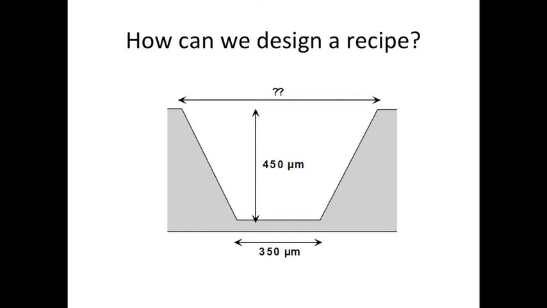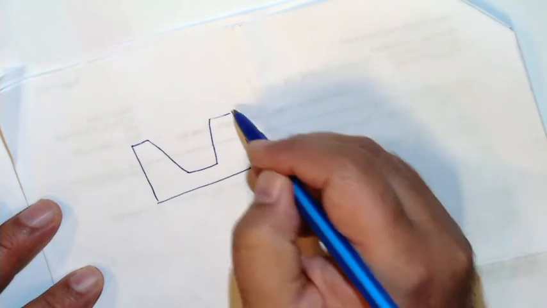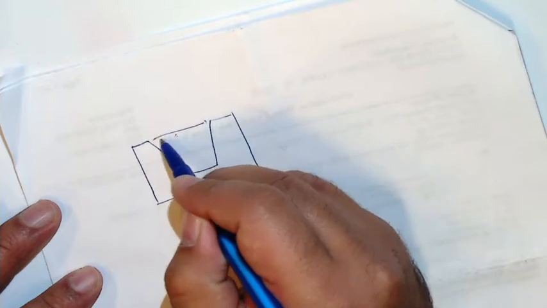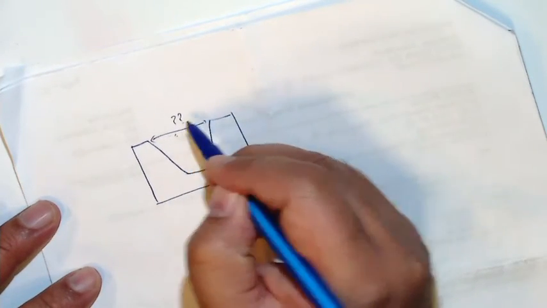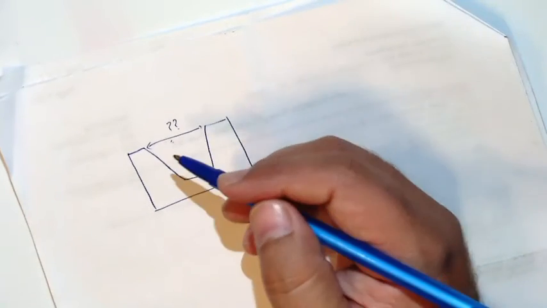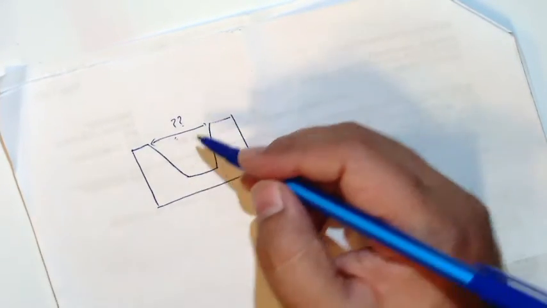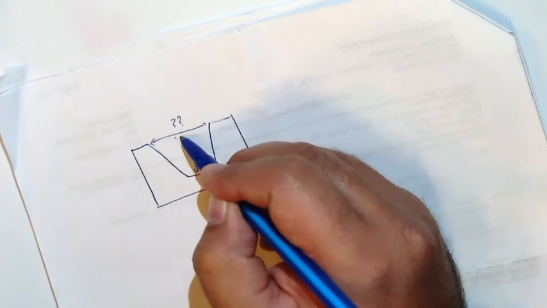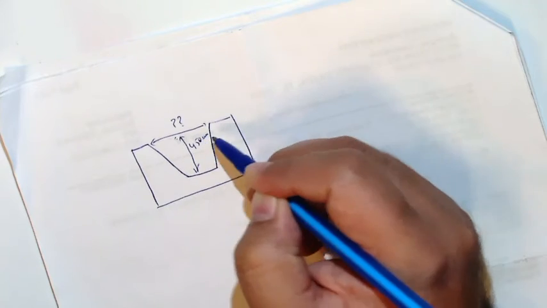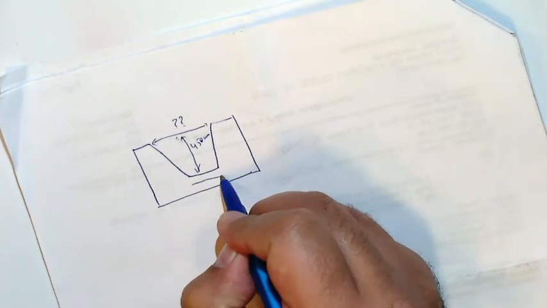So basically we have this opening we need to find out, because that's what we will have on our mask design, and this distance which is given, which is 450 micrometer, and this distance which we want at the end is 350